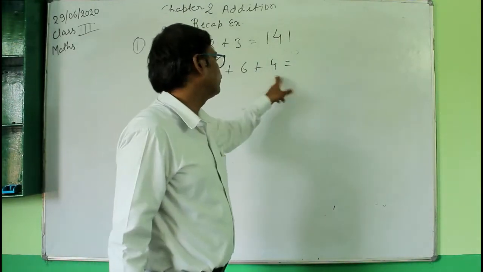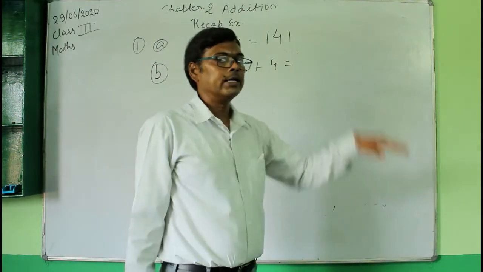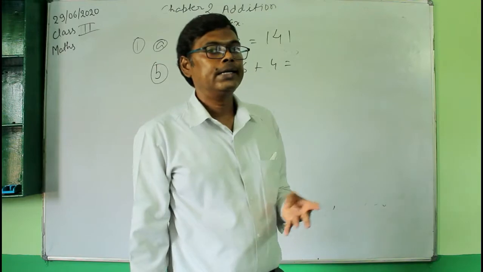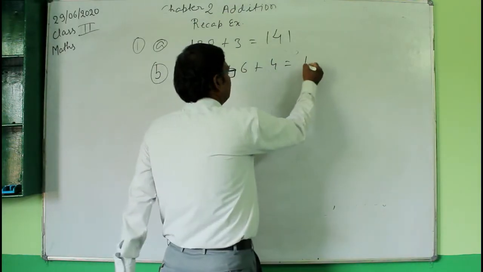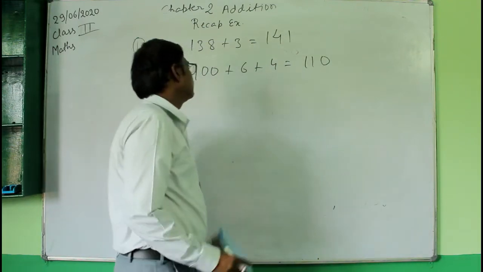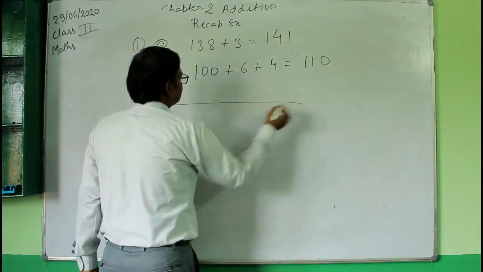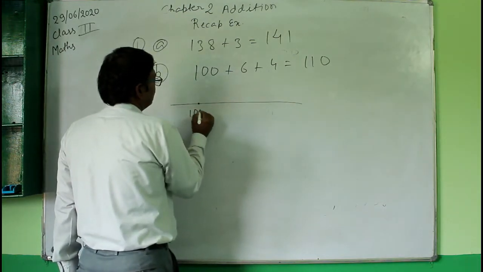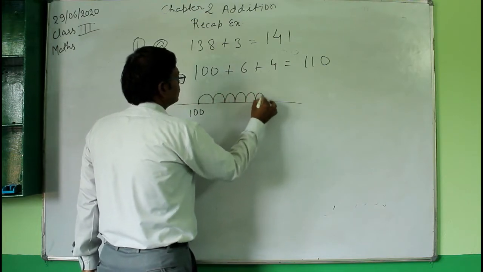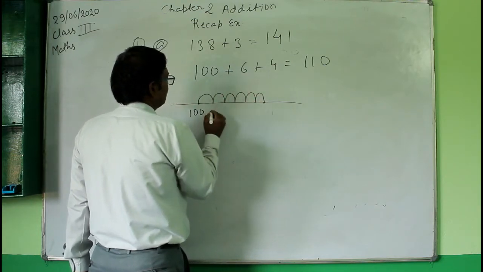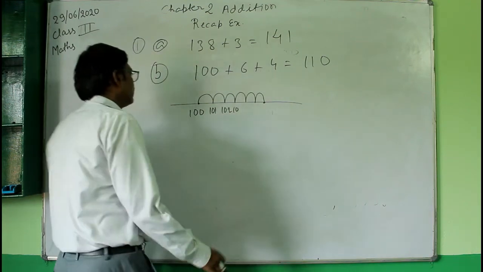And then again you have to add 4. Then go 4 more places. So 106 के बाद 4 और काउंट करना है. तो 107, 108, 109 and 110. So the answer will be 110. You can also count these steps here. You are at 100 here: 1, 2, 3, 4, 5, 6. So you have come here, that is, it will be 101, then 102, 103 and so on. So you will get the answer in this way.